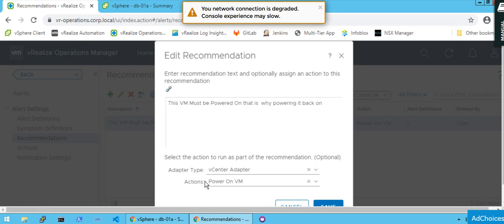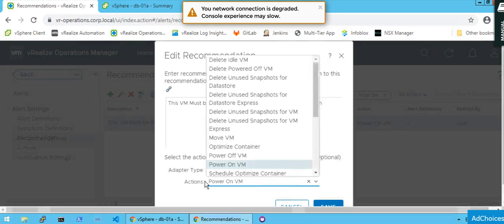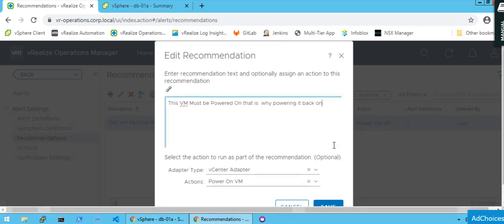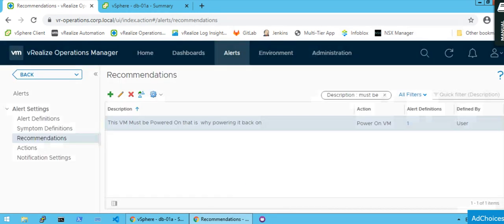So guys, this action is the default action. I don't have any privilege to create any action here. These are the actions already defined by VMware, which are supported in vROps to perform on the vCenter server. Our purpose is to power on the VM, so I have selected the action Power On VM. This is the recommendation page. Every time you need to select the vCenter adapter here, and then click on save or cancel. In my case I'll select cancel because everything is set here.